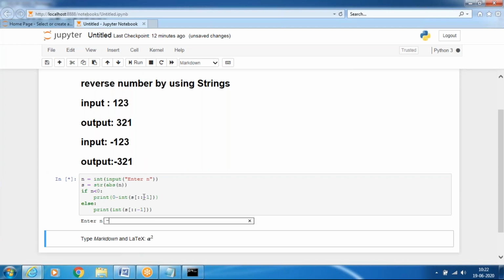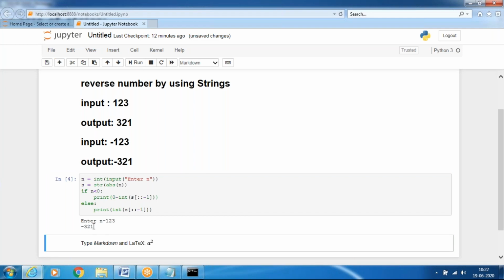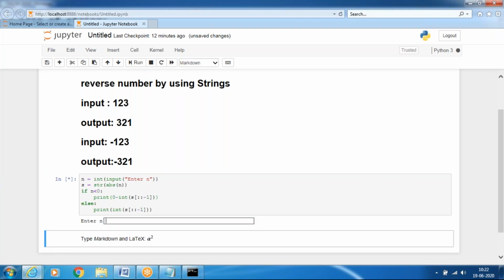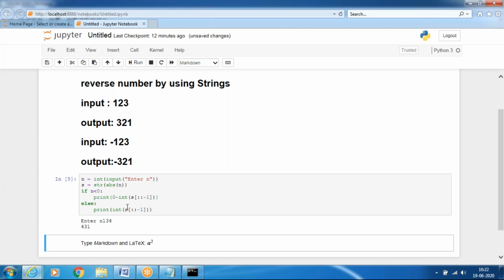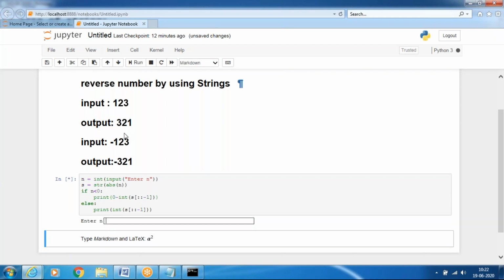I will pass 123. It will be converted into minus 321. And then I will pass 134. It will be converted into 431. I'll run this code again, and 120, it will be converted into 12.